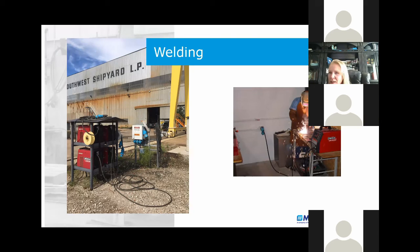Bridget, MELTRIC's essentially a non-fuse switch and a standard plug and receptacle combination in one. Can you maybe talk about the difference of if someone already had a safety switch and like a twist lock, what they'd be gaining with MELTRIC, or what the process would be for your disconnect and plug application versus a MELTRIC? So if you have anything over 50 volts,